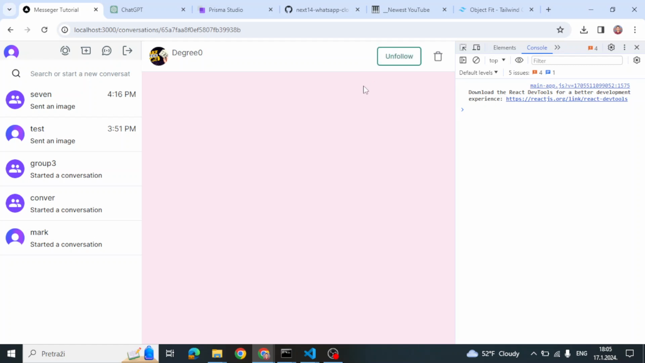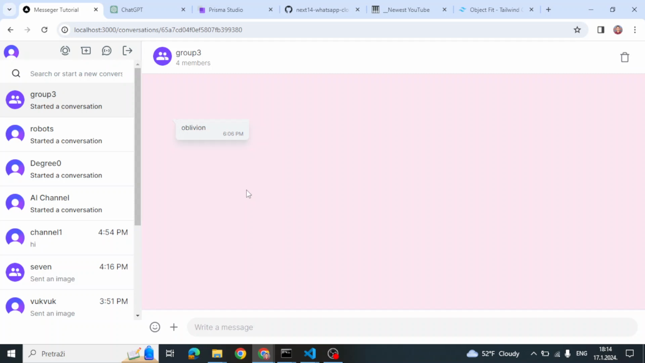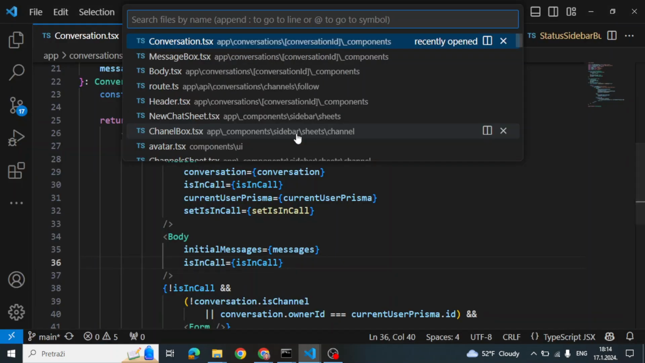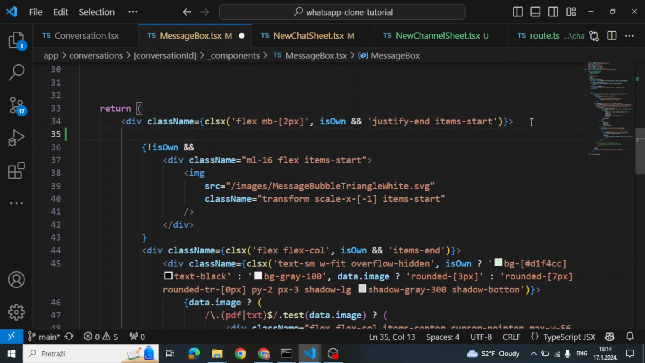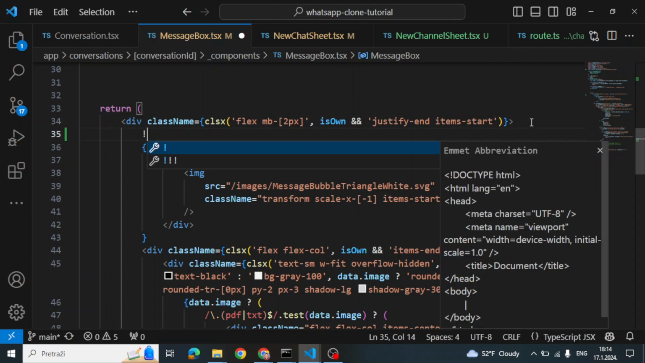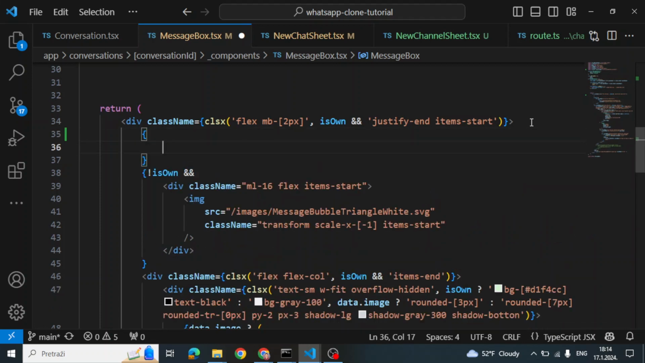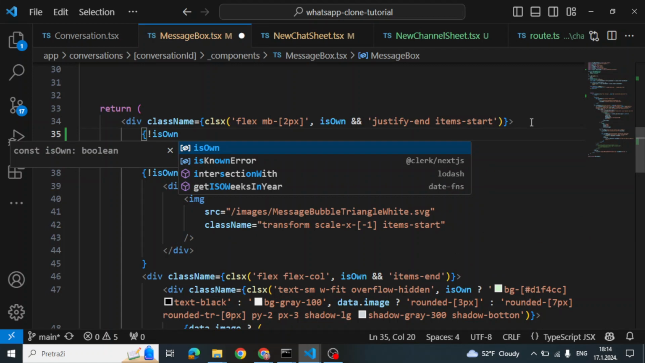Let's go. And guys, the absolute last thing, I promise, very quick. In a group chat, we don't see who sent the message. So let's go to our code, message box, and above everything, we're gonna open brackets and say not is own. So if somebody else sent it,